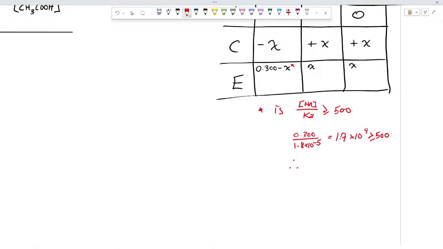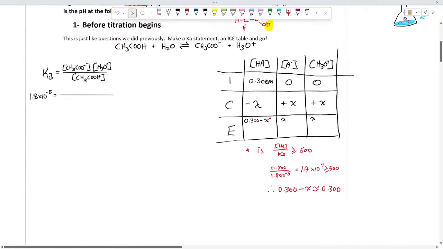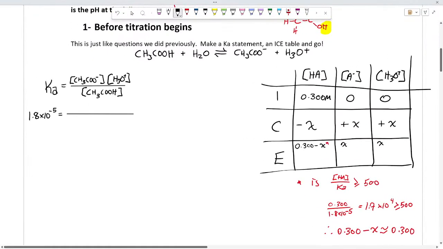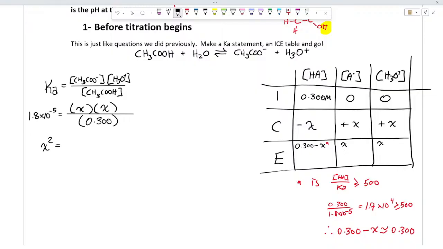Therefore, what can we say? 0.300 minus x we can treat as just 0.300. Good. Does that make sense? Okay. So that's going to make our math easy, because now when we go to do this math, what can I do? This should just be this. Nope, this one here. X. Very good. And the concentration of H3O plus. Great. And the concentration of the original acid. Excellent. No pun intended. And we should get x squared on top is equal to,